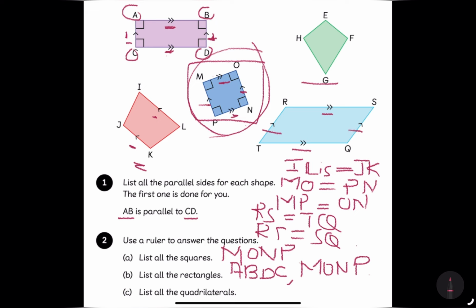But of course, they all are quadrilaterals. Therefore, let's start listing from the beginning. That's my ABDC, MONP, ILKJ, and finally comes my RSQT. So this is how we can actually meet our objective, which is to describe the sides and angles of